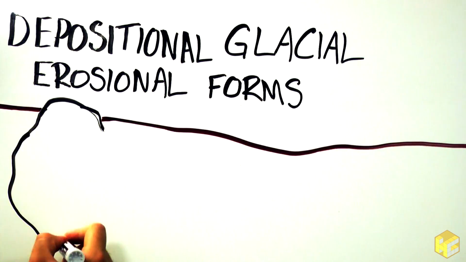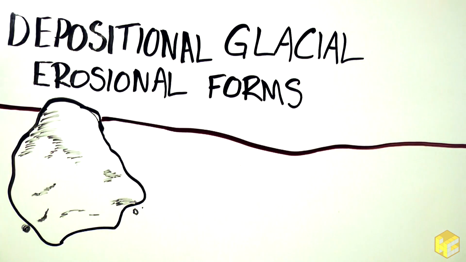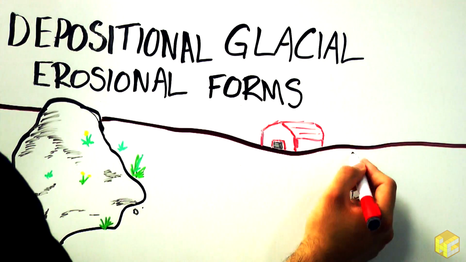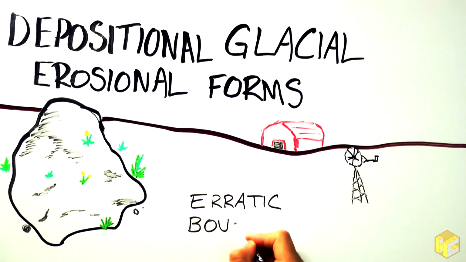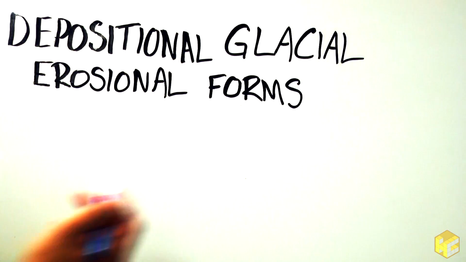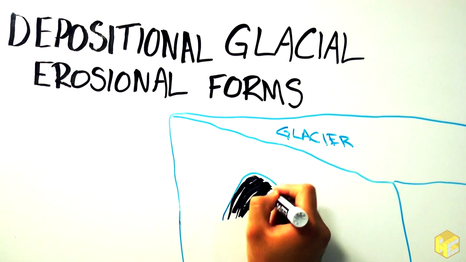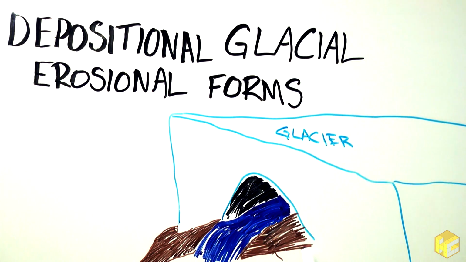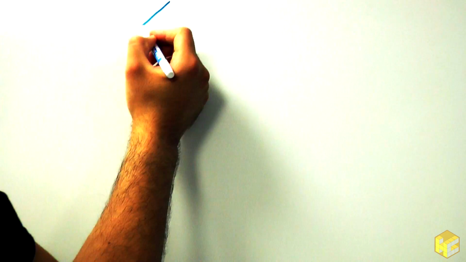A famous depositional thing that glaciers do is to leave random boulders far from where they originated. Once the glacier melts, these erratic boulders can dot landscapes in the most unlikely of places. As glaciers melt, streams of icy water flow out and deposit debris at the mouth. Such debris mounds are called kames. To top it all off,